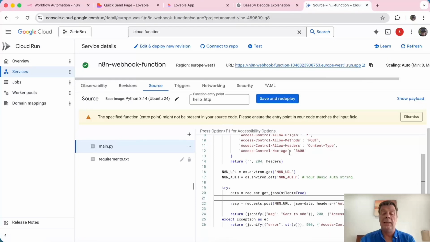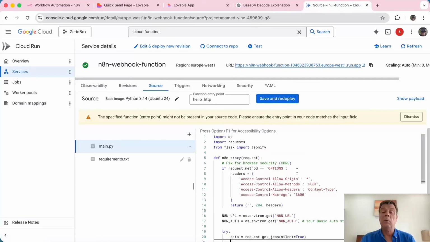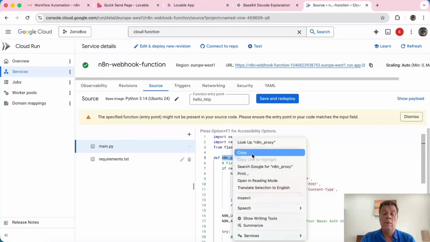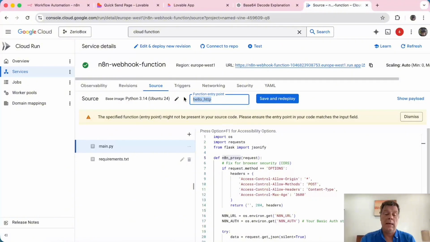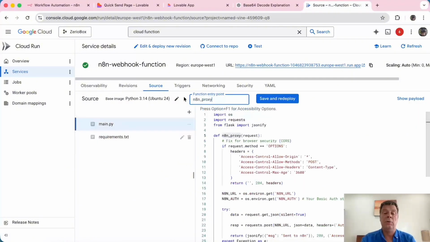And as you can see, there is no URL or authentication here, but there is a reference to environmental variable, so you cannot see it in your code. If you now click on Save and Deploy, you will get an error message because the function entry point is wrong. So we have this function here, N8N proxy. Copy this one, and this will be the endpoint. So now if you click on Save and Deploy,